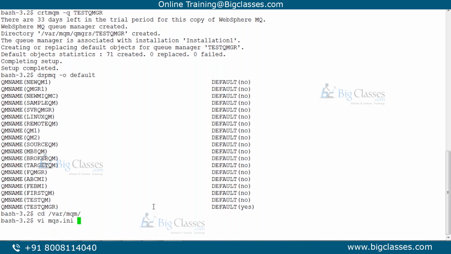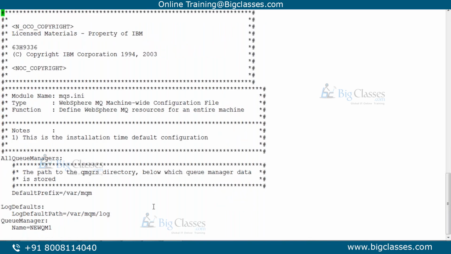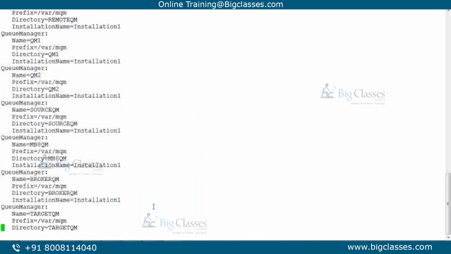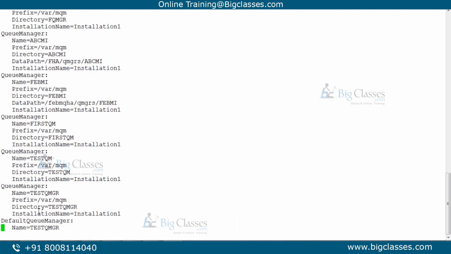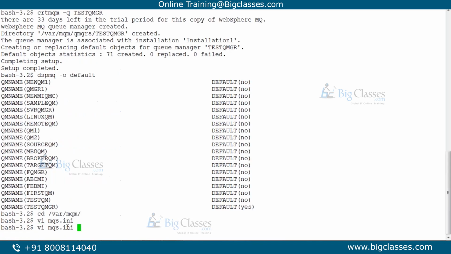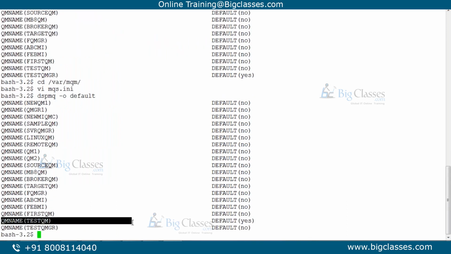Open it and go to the end of the file. Here you can see the standard default queue manager, test queue manager. Now what I will do is change it to test queue.